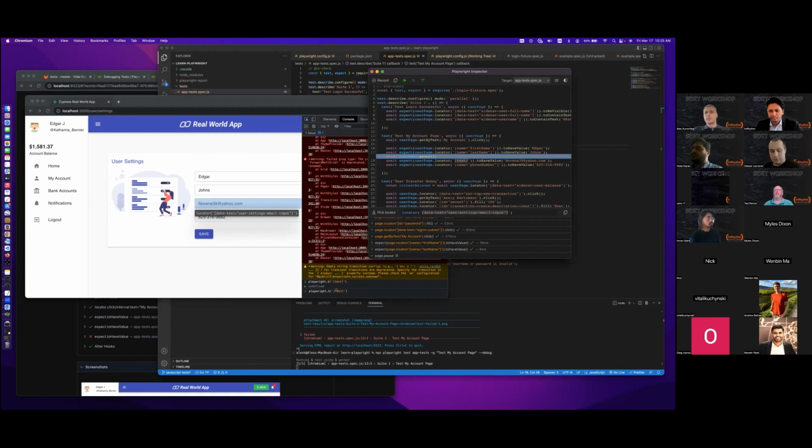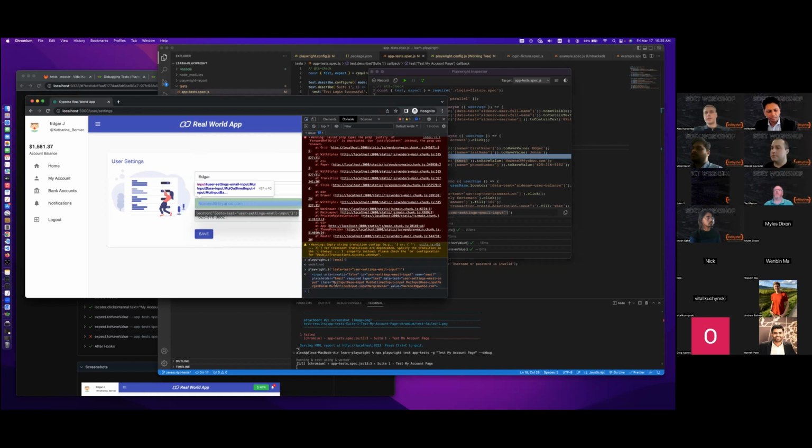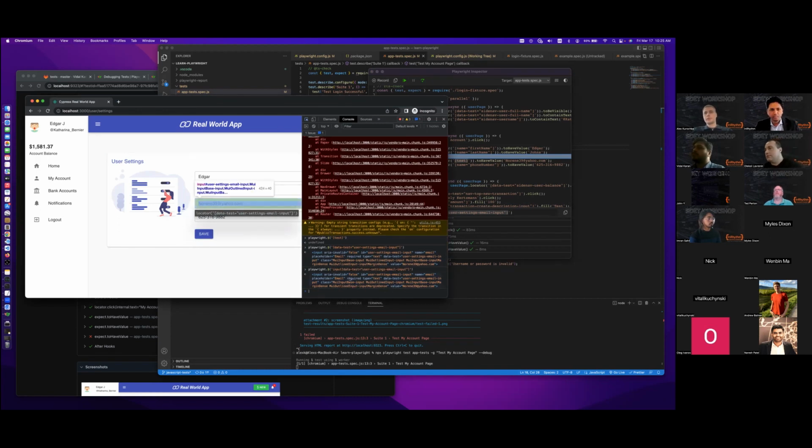Let's say I'm trying to follow Playwright, but I just want to double check. And then, see, it returned this element, which corresponds to this field. Or I can do some more. Let's say I want to be more specific, and I say input here. Would it work? Yes, it's working.